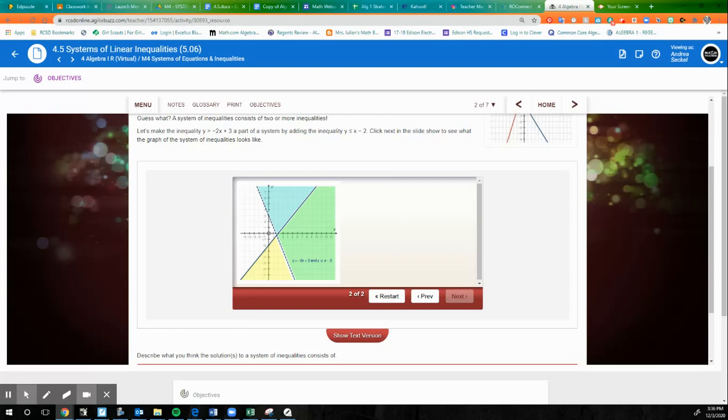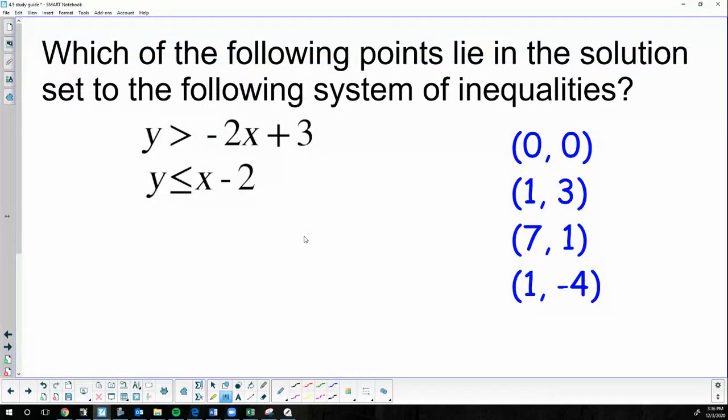But what if they only give you the equation? You could graph it if you wanted to, but another way to do it is to substitute. So they're saying if this is your point, will it make this statement true? So you got to remember that the first number is your x and the second number is your y. So you could try and graph them and figure out the shades, but unless you've got a graphing calculator, you know how to make it shade, that can get tricky. So the other way to do it